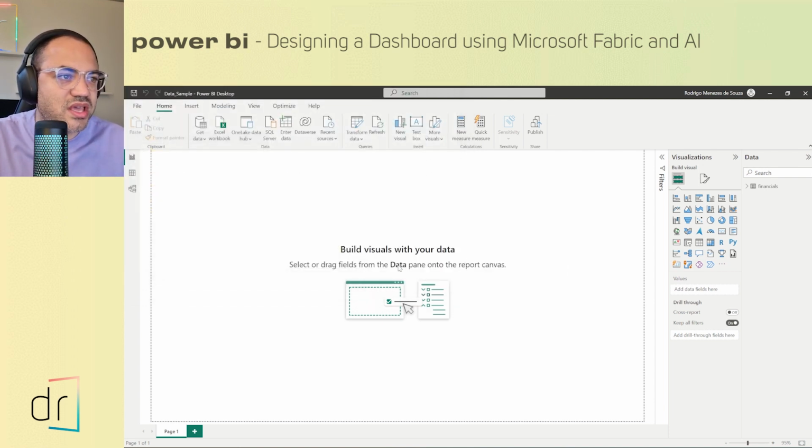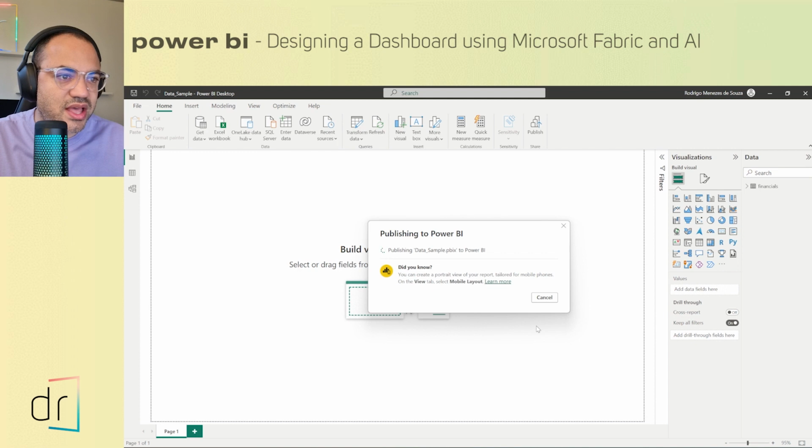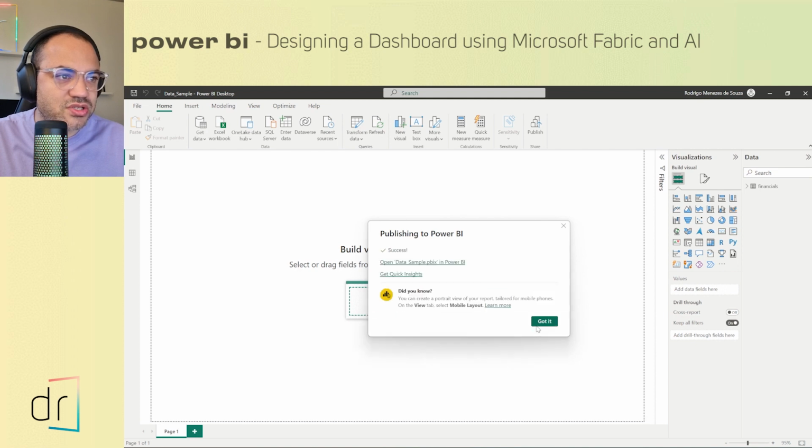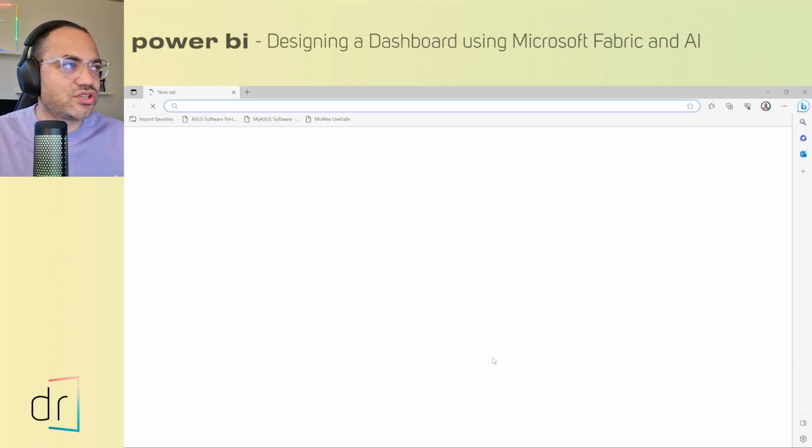So once I click on save, Power BI just saves and then shows me all the workspaces that I can publish this data source to. I will publish in the DR Transformação Digital, the name of my company. So I will click on select, then Power BI just loads and publishes, okay? Now I'm gonna just click here on got it, and I will move on to my browser